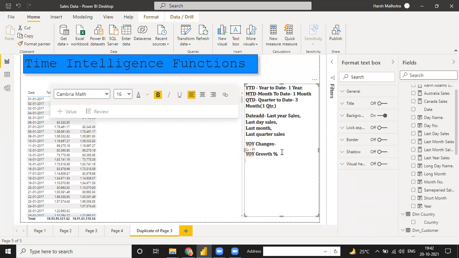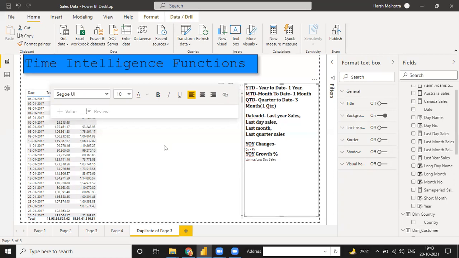That will be the variance between last year and current year difference, and then divided by last year, last day, because growth will be from last day. Okay, growth will be from P1, P0. So we are using last day. This is your P0 and this is your P1. So we are going to see our growth from previous year. That is why we are using our last day. So this is just your normal language.